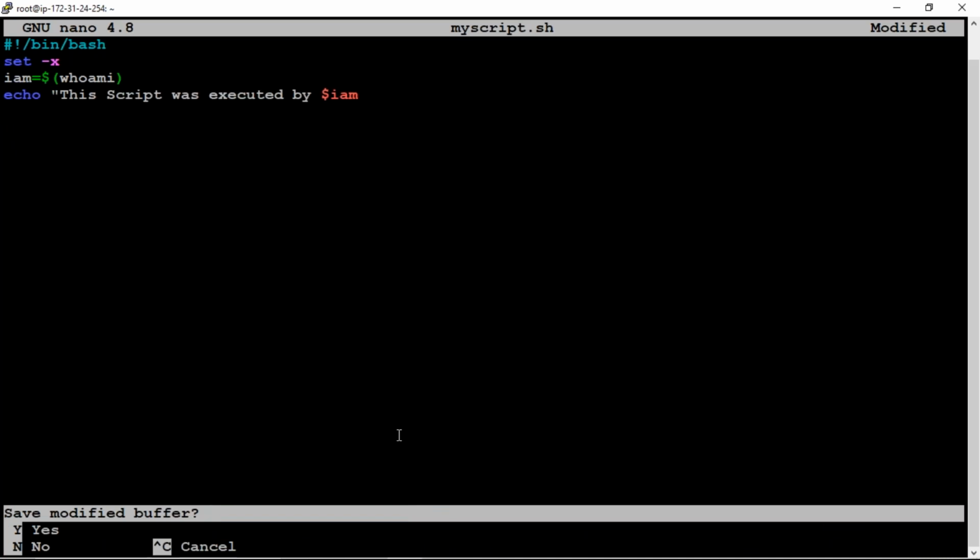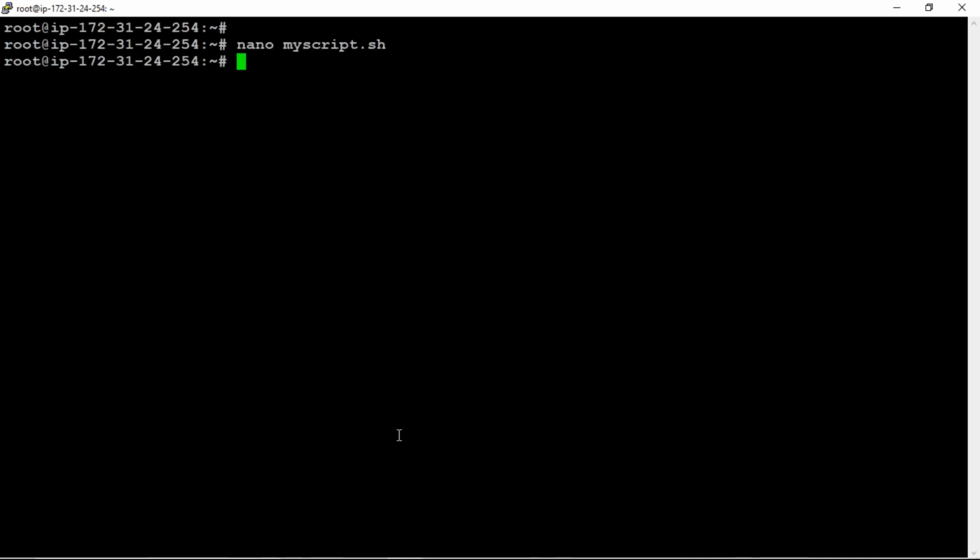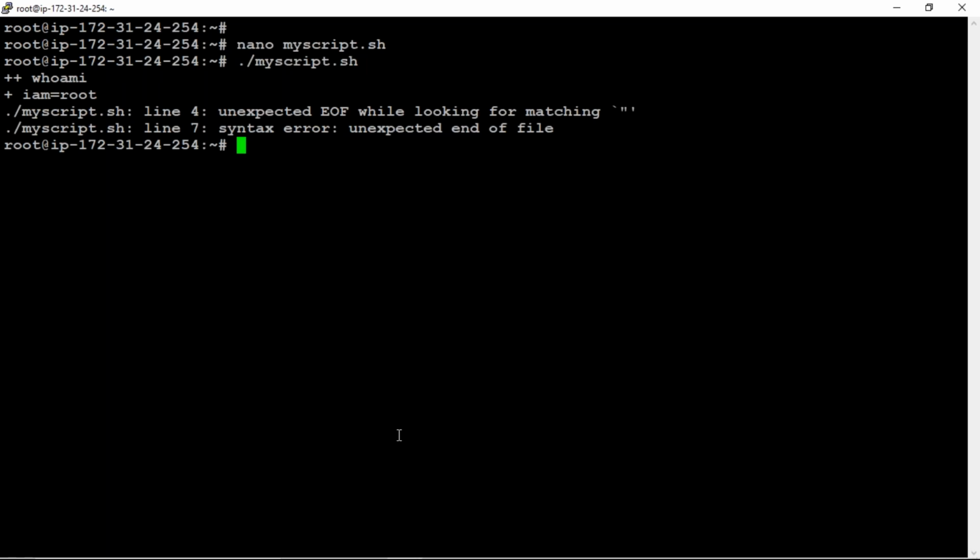Save and execute the file, ./myscript.sh. What we got: unexpected EOF while looking for matching double quotes, at line 4 and line 7. So we got an error because we changed our code, but it is still showing partial output.